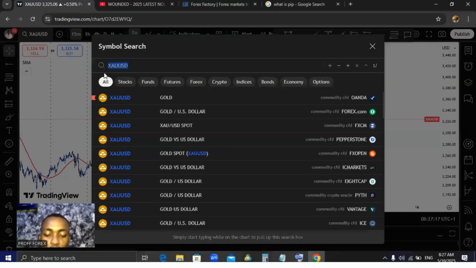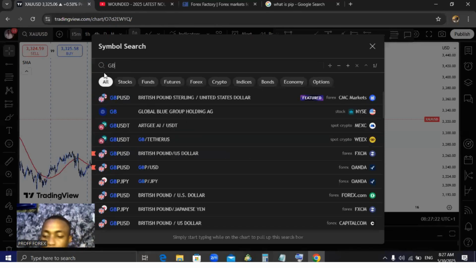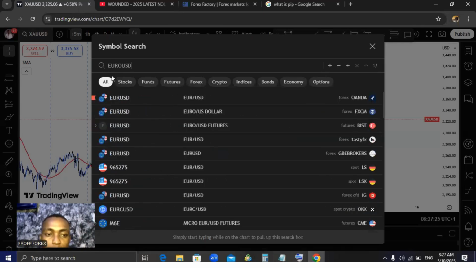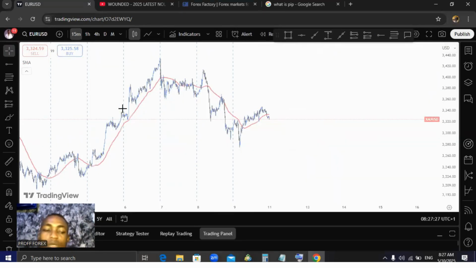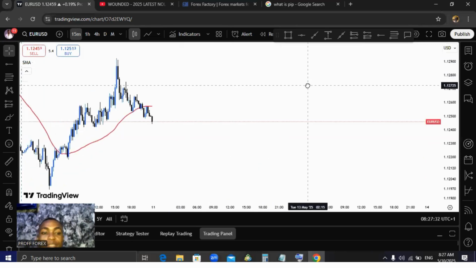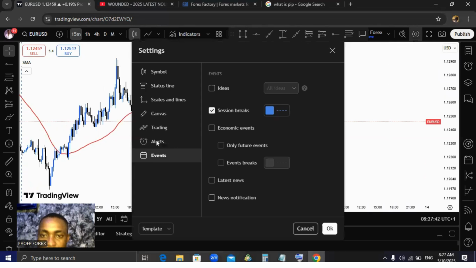Let's only go back to GBP. Let's go to Euro USD. So to understand the pair, Euro USD simply means Euro against the United States dollar. Euro against the United States dollar. That's what it means. So as a first thing, I will come here, go to this event,